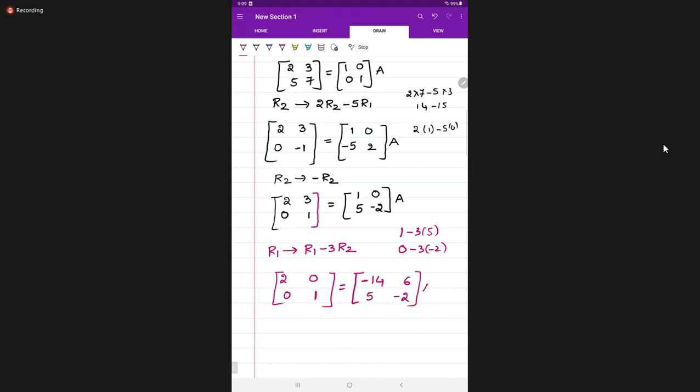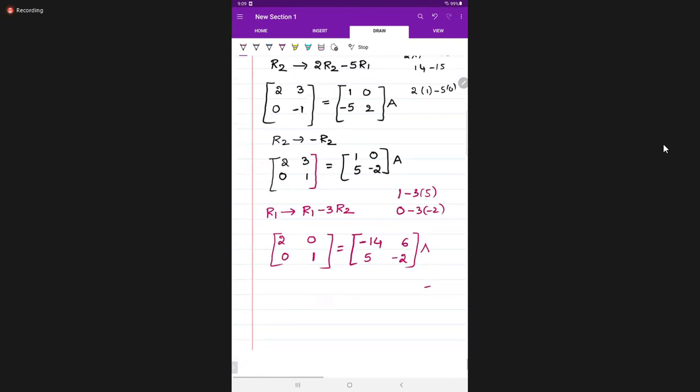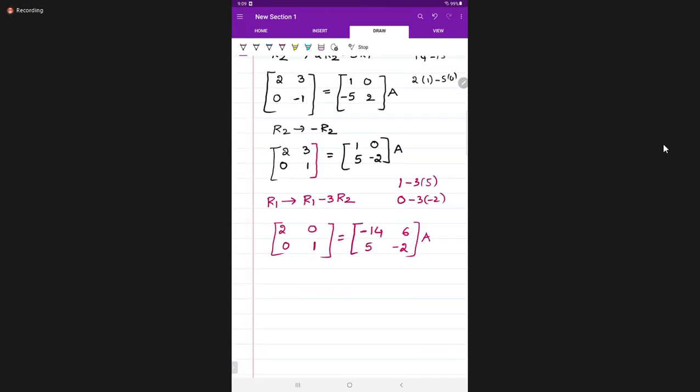Ma'am, how can we analyze the condition? I have to think it and do it only. First, I have to think how it will be. Here 3 is there, the upper element, and the lower element is 1. So lower element 1 means what to do? Here we want to make the 3 as 0. The lower element is 1; if you multiply it with 3 and then subtract from the upper one, you can get 0, right? Like that you have to think it and do the operation.